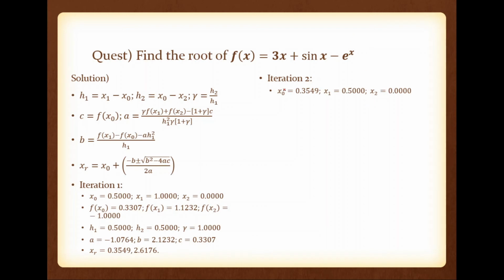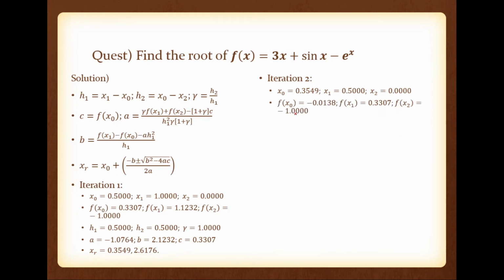So now what do we have to find? Once we have x0, x1, x2, we have to find f of x0, f of x1, f of x2. But please note, f of x1, that is f of 0.5, is already available. You can see here 0.5, the corresponding function value is this one. Meaning this value is the new f of x1. If you want to compute, you can, but you can save time here. Similarly, x2 is 0, so f of 0, that is f of x2, is minus 1.000. So the only thing is, you have to find the new f of x0, or new f of 0.3549.